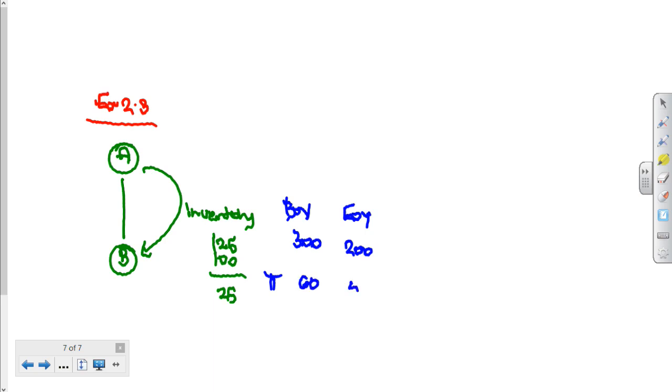Be careful, if they say that profit is based on selling price, then it's a straight 25, right? If it's based on cost, it's 25 over 125. And then I do tax. So tax at 28% is 16.8 and 11.2. So I always just do the tax immediately. All right, so